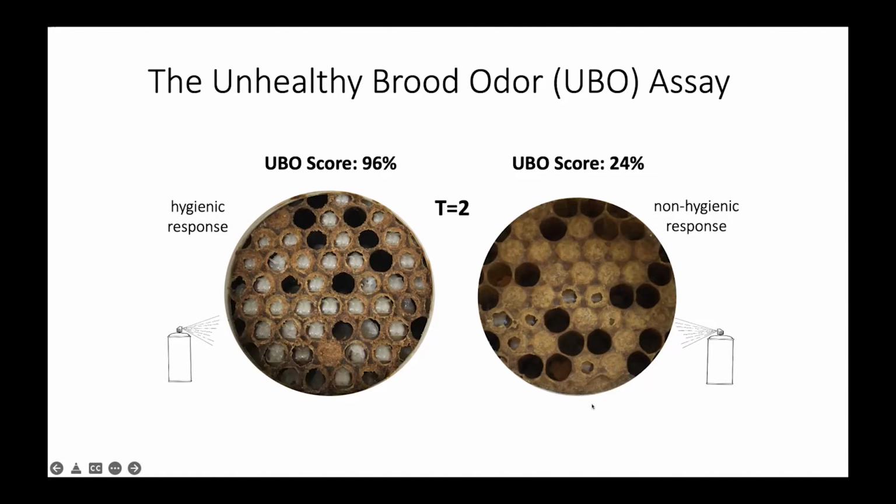And, at the time, a lot of people were interested in hygiene. They knew about hygienic nurse bees and the adult bees and what the adult bees were doing. But we didn't know a lot about what it was they were detecting inside of the cell. So obviously there's some kind of trigger in there that's inducing this uncapping and/or removal behavior. But what was that? And so we started by infesting brood with mites. And then we looked at the difference in the chemical profiles of the...